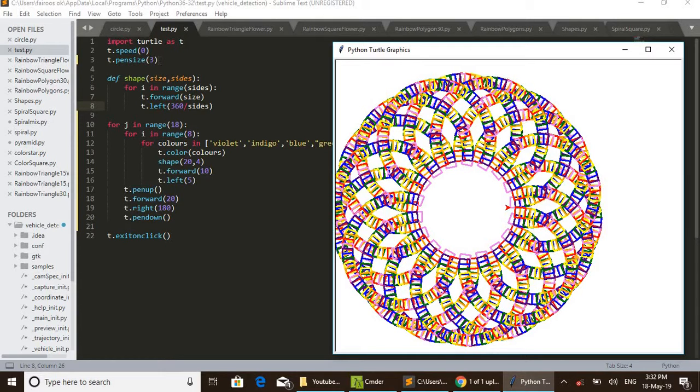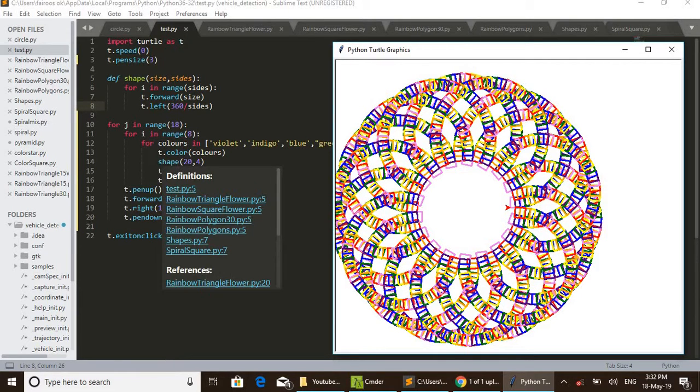T dot pen size 3. We set the thickness of these lines. We set as 3. Then I defined a function. This function is actually used for drawing a polygon. In this case, we are drawing squares. That is, you can see in the 14th line, that function is called